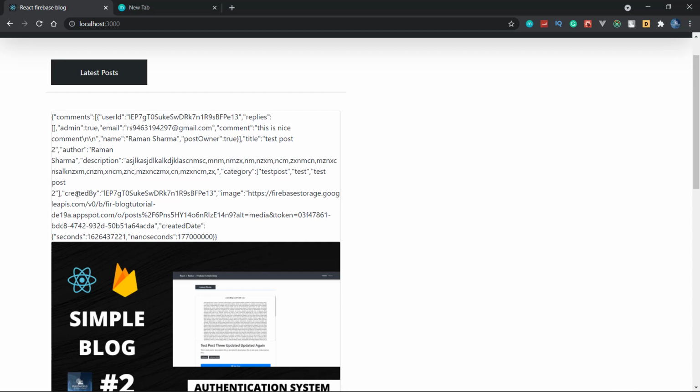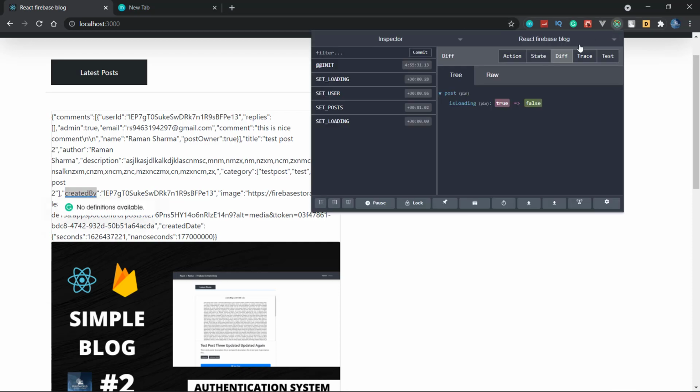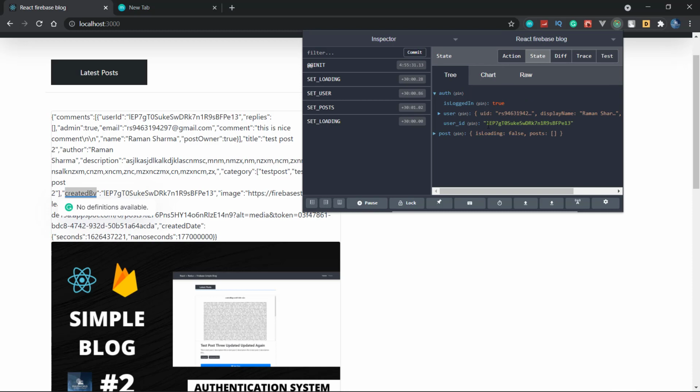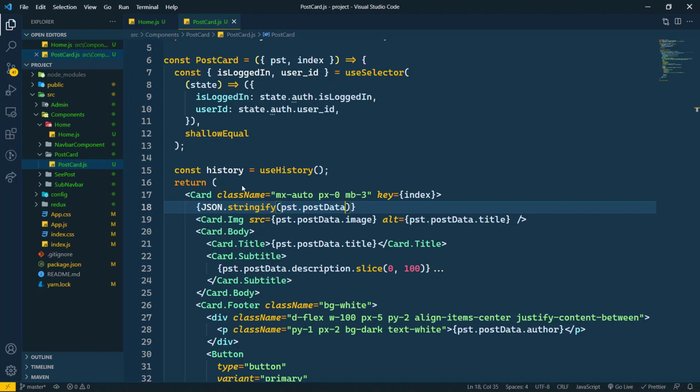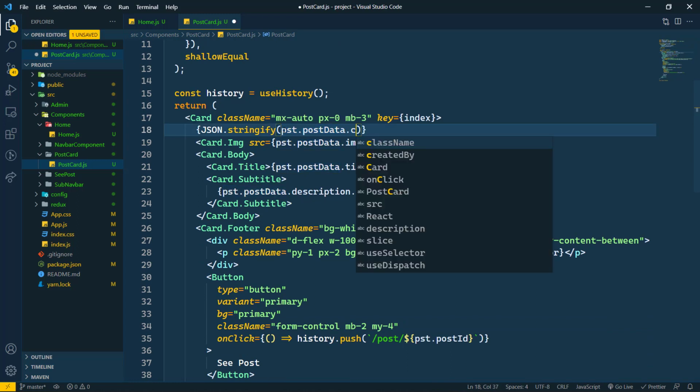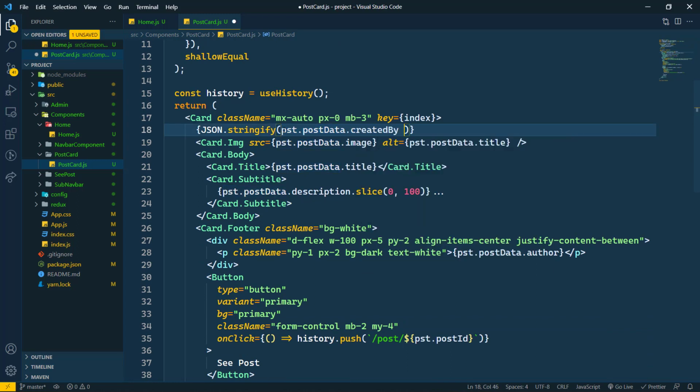And see that here we are having the createdBy, and here we also should have the same user ID. See that we are having the same user ID. User ID is there, and we are also getting the user ID. So this means that postData.createdBy is equal to userId.